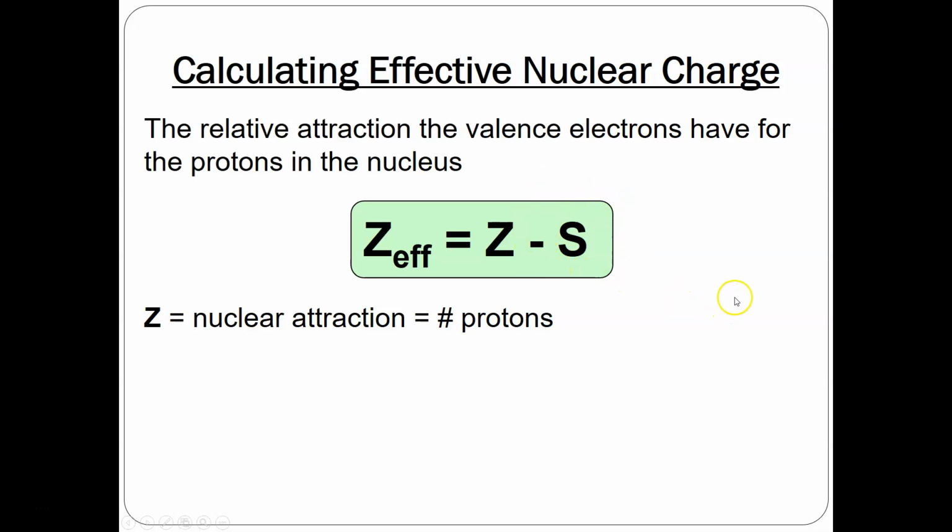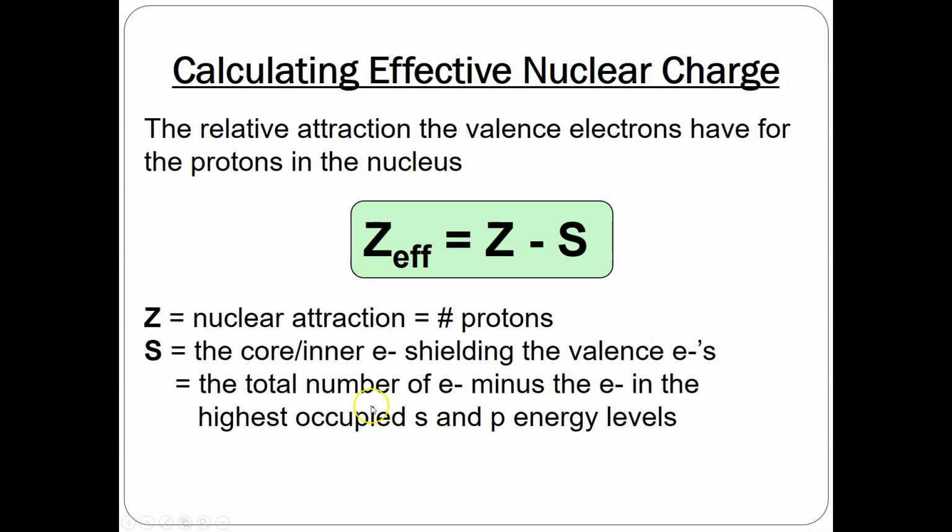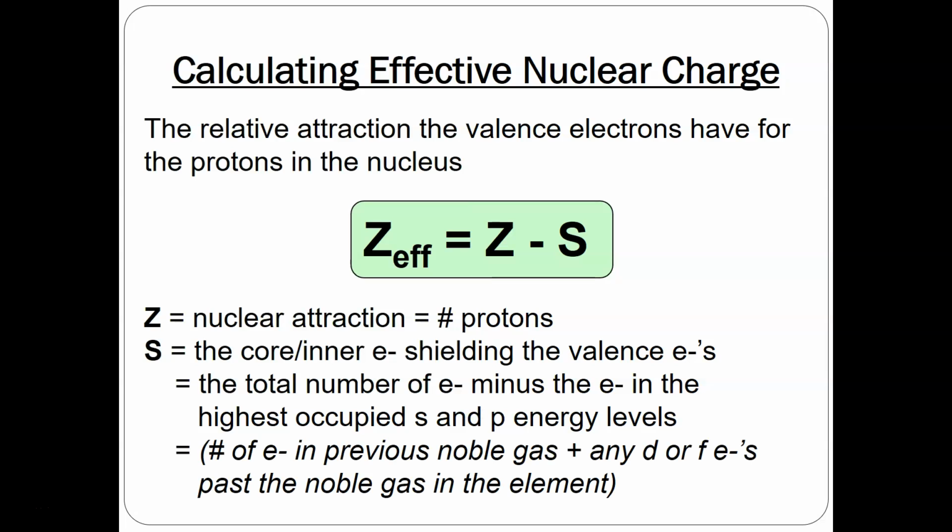You're going to figure out how many of your total electrons are the inside ones, which ones are not the valence electrons. Some people like to think of this as counting up your total number and subtracting out the highest s and p levels that you have. The way I like to do it is to look at the previous noble gas,